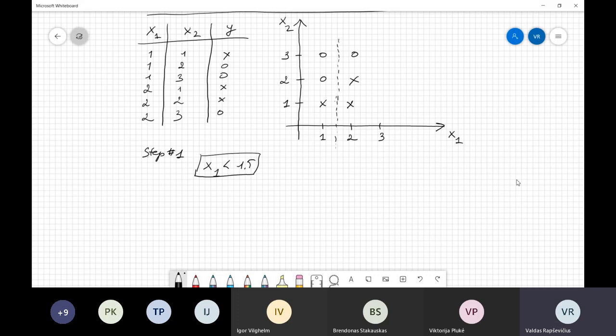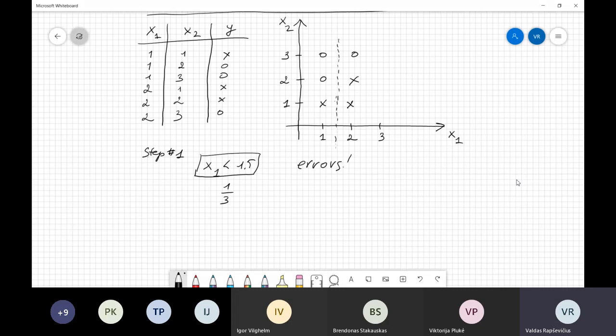We will use errors because they are much simpler to calculate than Gini impurity or entropy. So the first part has 3 observations and the majority class is the circle, so 1 is an error. So 1/3,